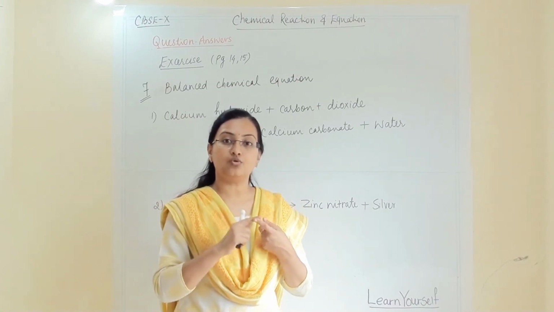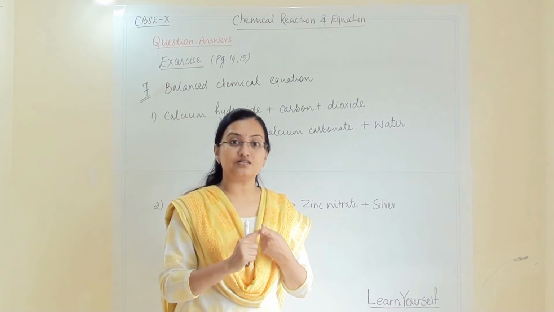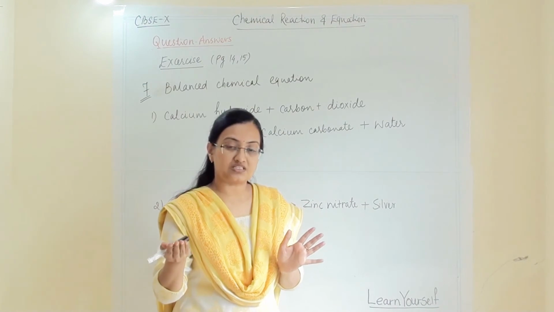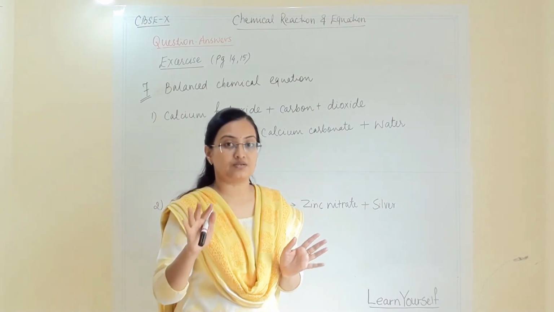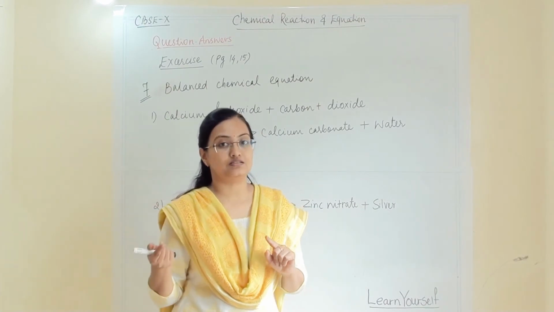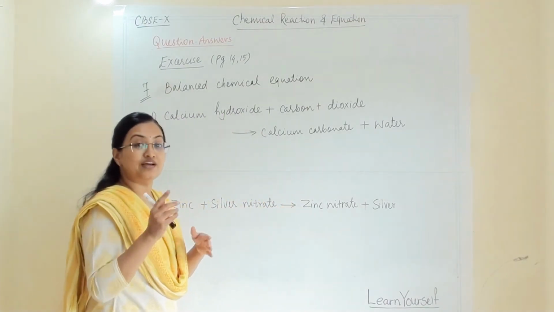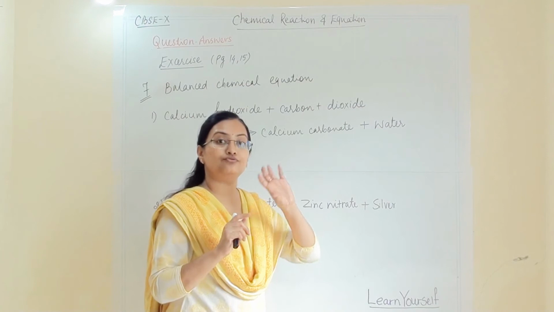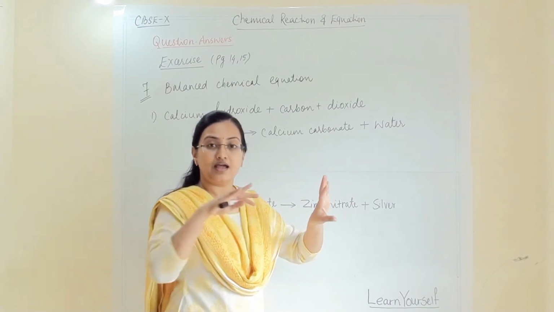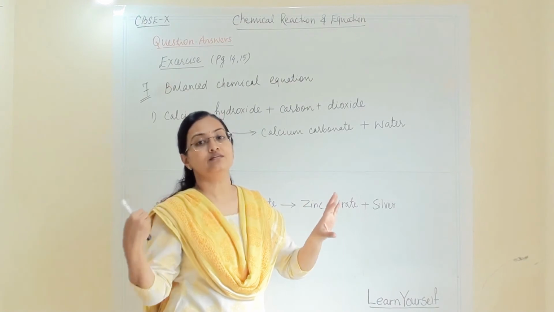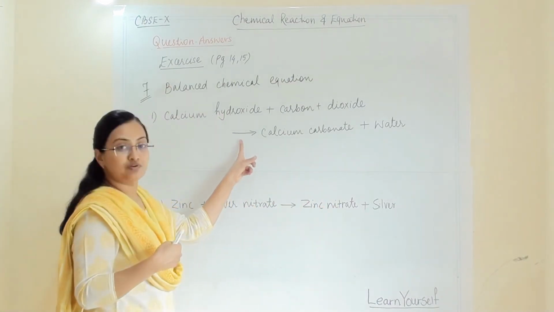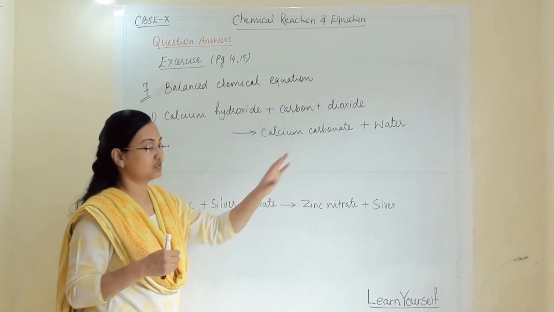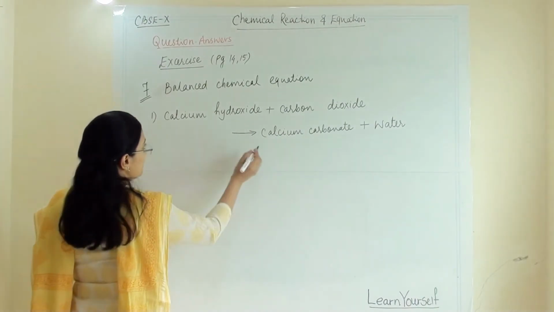So from that, always the first step will be you have to write a correct molecular formula for reactants, and then towards product side a correct molecular formula for products. And then the second step you have to balance it. But whenever it is a sentence like our previous question, then you have to figure out what all are reacting and what we are getting after their reaction. Here that question will not be there because they have already given that these two are reactants and will give us these two products. So let us first write our equation.